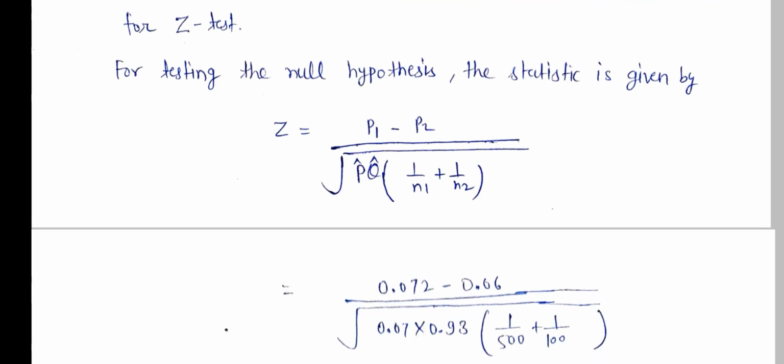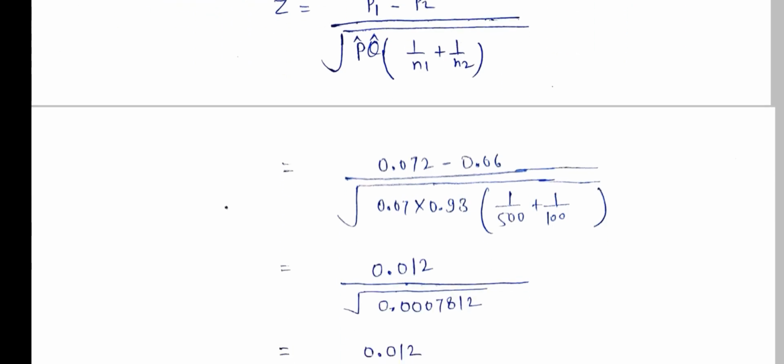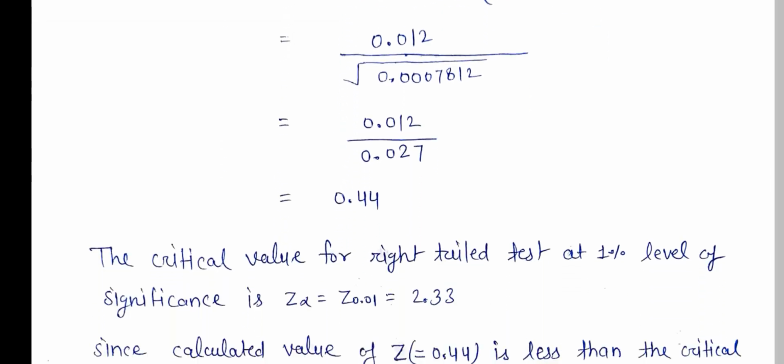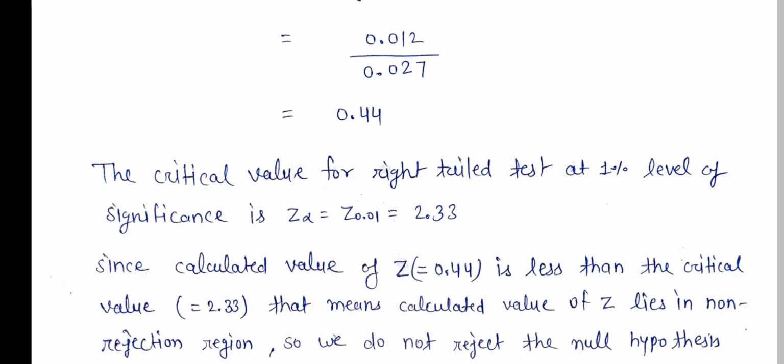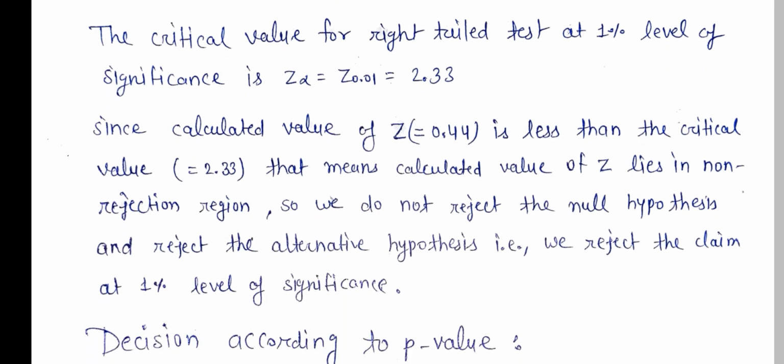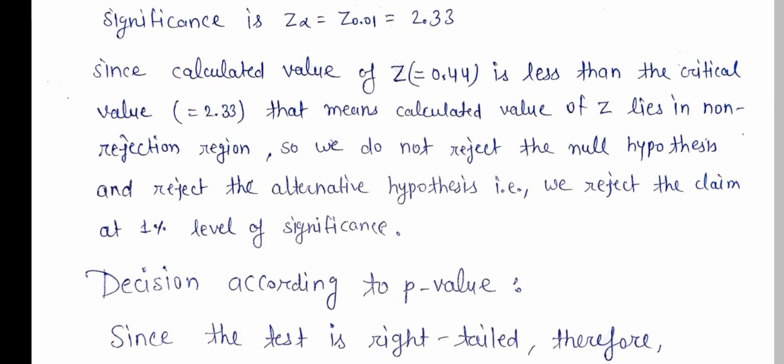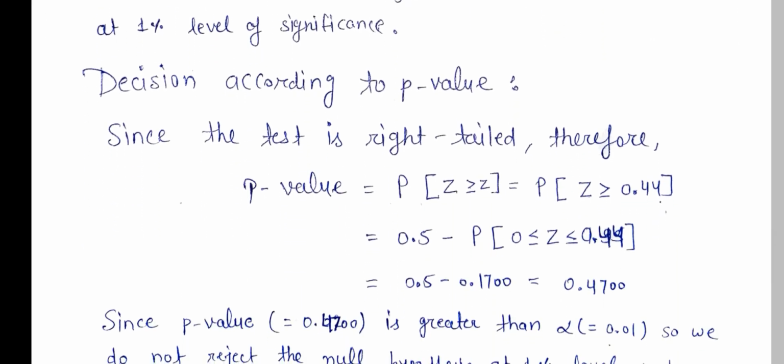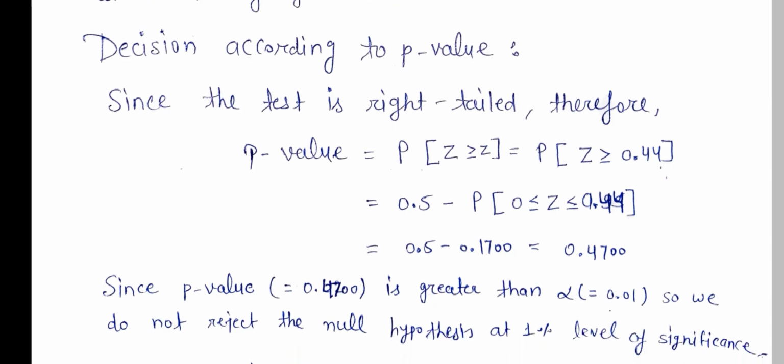The z test statistic is equal to p1 minus p2 over the root of p cap q cap times 1 upon n1 plus 1 upon n2, and after putting in the values, we find the value 0.44. The critical value for a right tail test at the 1% level of significance is 2.33, and the calculated value is less than the critical value, so it lies in the non-rejection region. We do not reject the null hypothesis, and reject the alternative hypothesis. And the decision according to the p value: